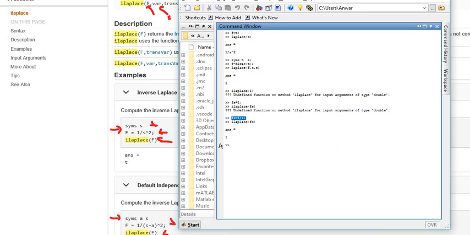So if we have 1 over S squared, Fs equal 1 over S squared, and well, Fs, oops, we forgot the one. One. Then ilaplace(Fs). Then it becomes t. Okay,